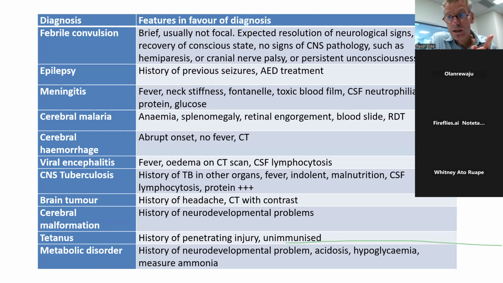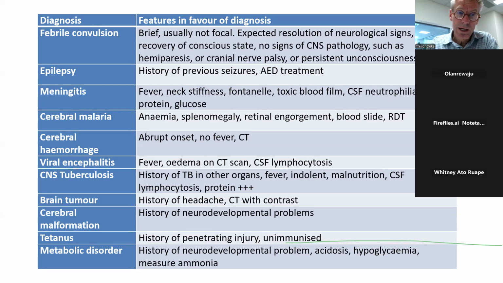And then there are some clues. And these clues are clinical signs that you can elicit on history, or you can identify on clinical examination, or using relatively simple tests. You can differentiate the different types of central nervous system pathology, in this case, in children who've got